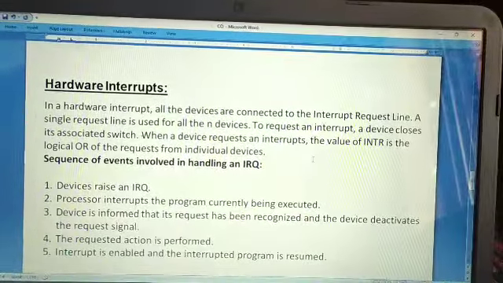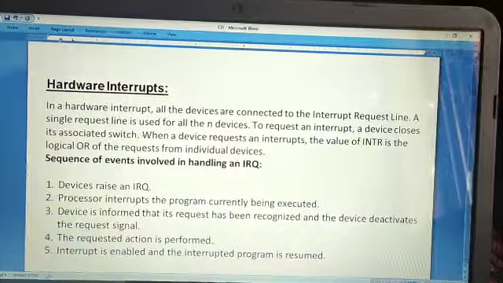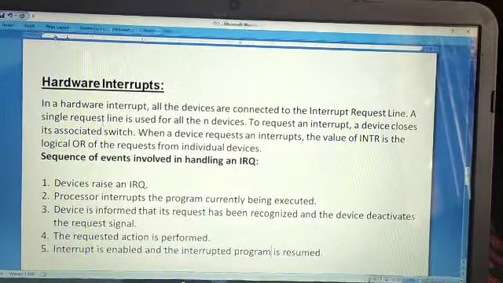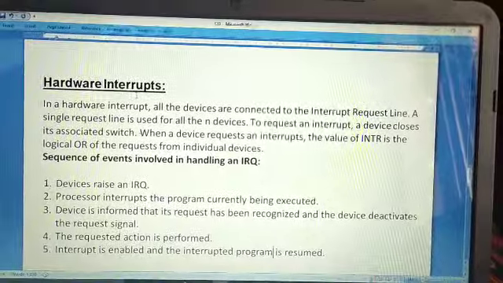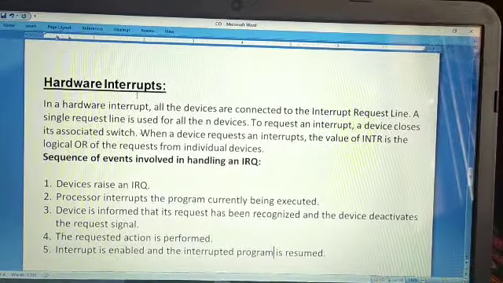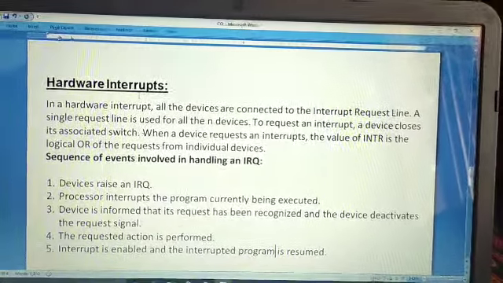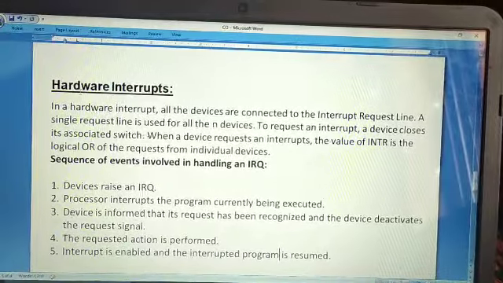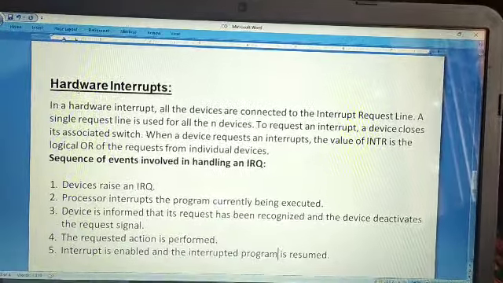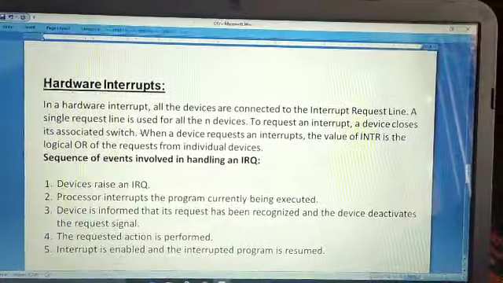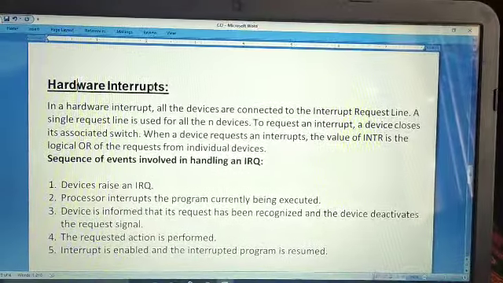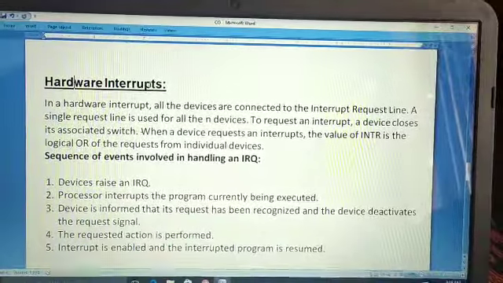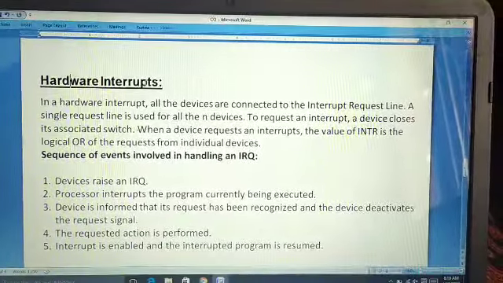Interrupts can be of two types. One is hardware interrupt, another one is software interrupt. Hardware interrupt means the interrupts which are coming from the external devices or from the peripheral devices. And on the other hand, software interrupt means the interrupts which are coming from the instructions written in a program or due to some programs inside a